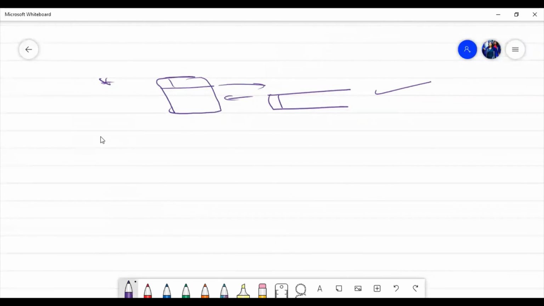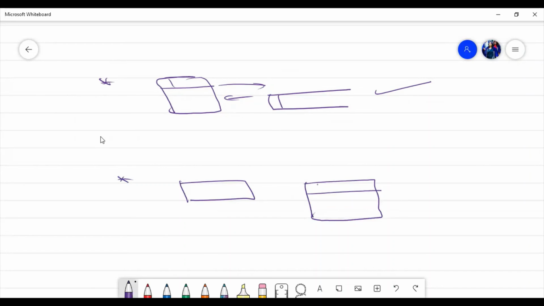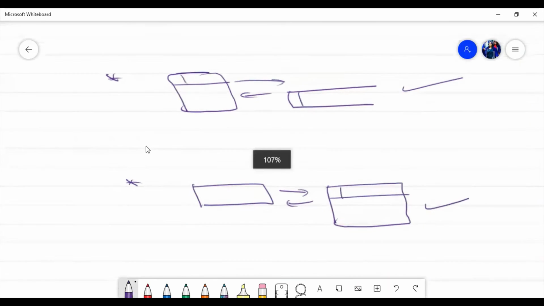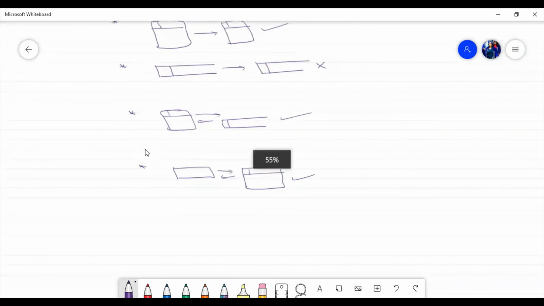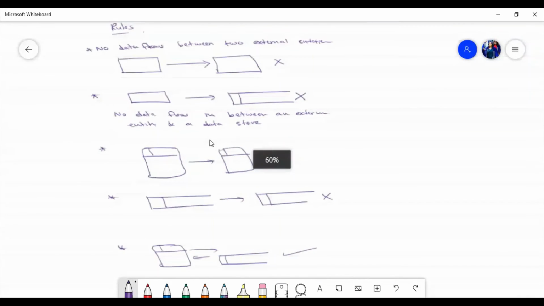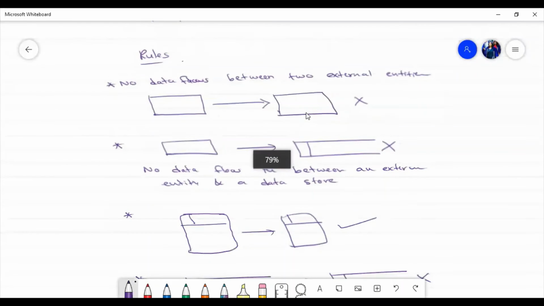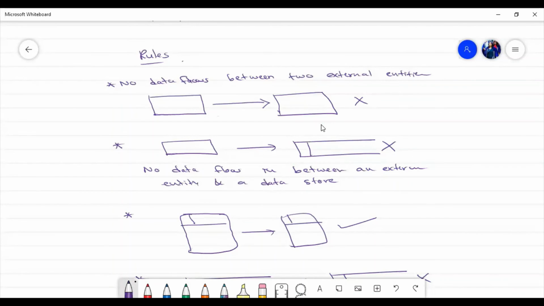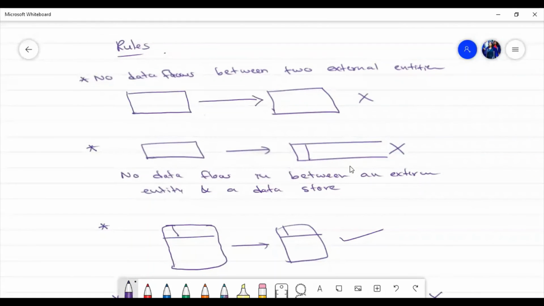And the other one, external entity and a process, I'm just drawing, this is of course okay, right? So these are the rules that we are supposed to understand. See, no data flow between two external entities, we can't do something like that. No data flows in between the external entity and a data store, right? If we want to send something to the data store, the external entity should go through a process, that's the idea,